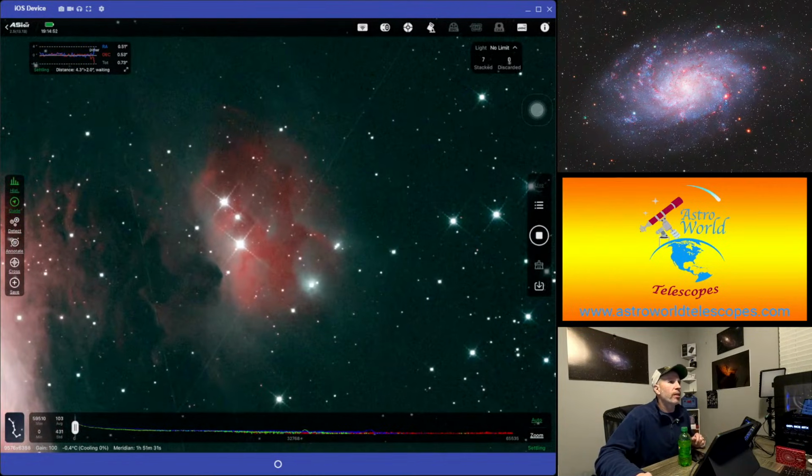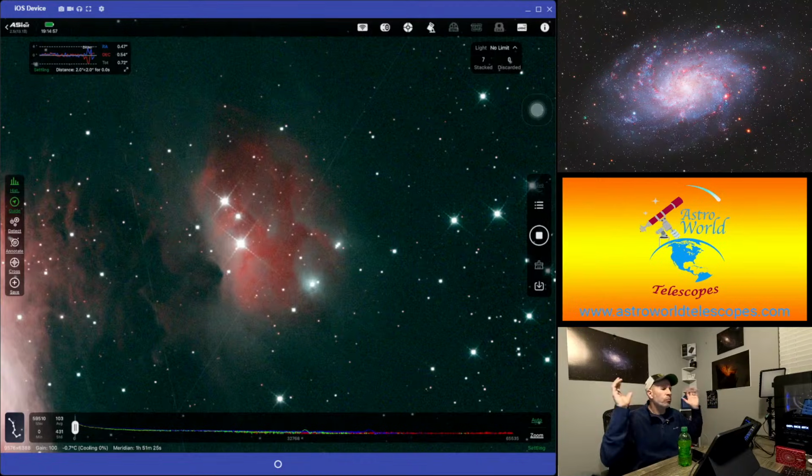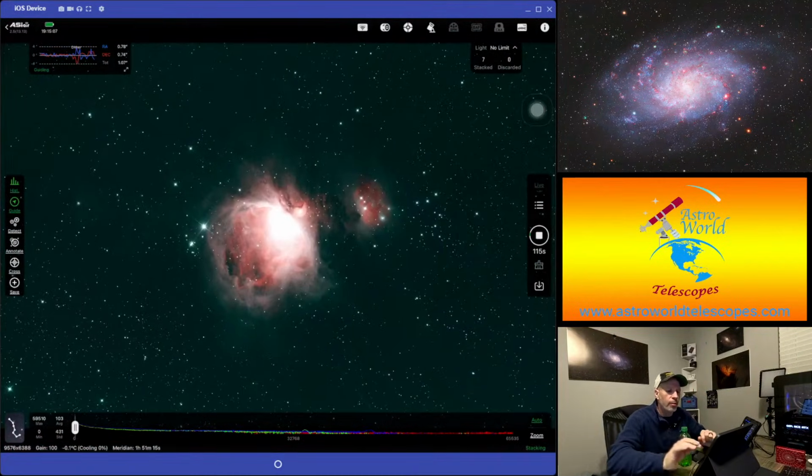There's the Running Man Nebula, and there's another satellite trail. In this particular area, for whatever reason, there are multiple satellites everywhere, and it's difficult to take an image because there are always satellites all over your image. But that's the Running Man Nebula. So what we're going to do is stop the live stack,